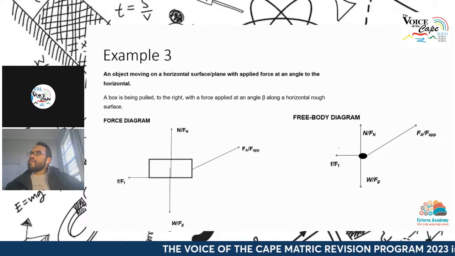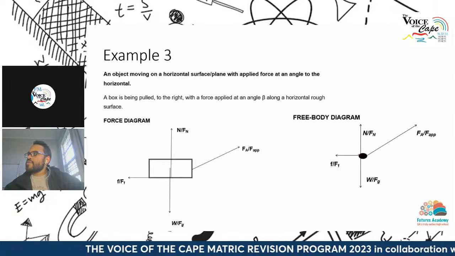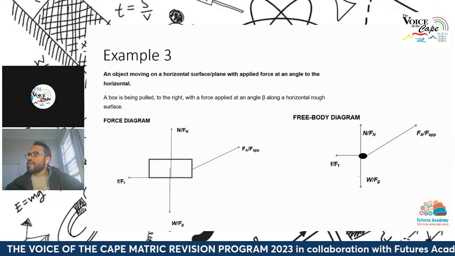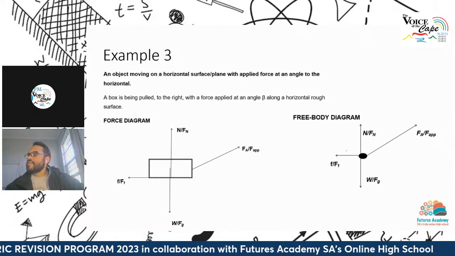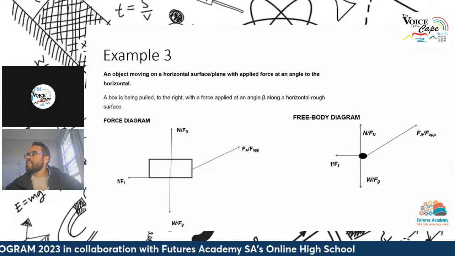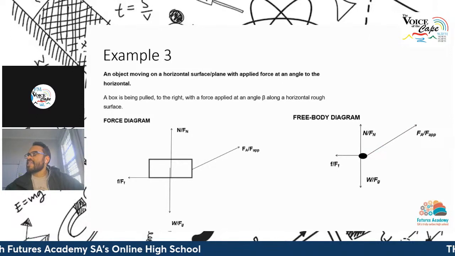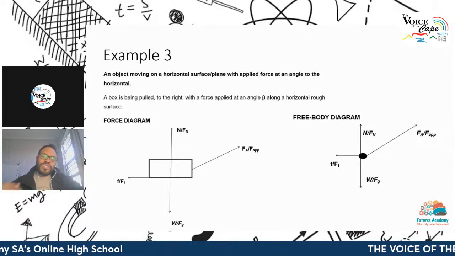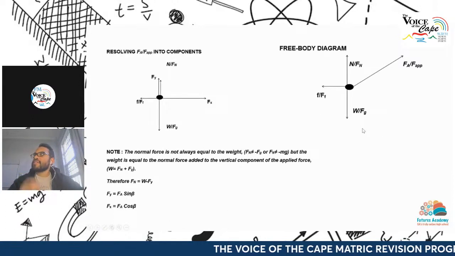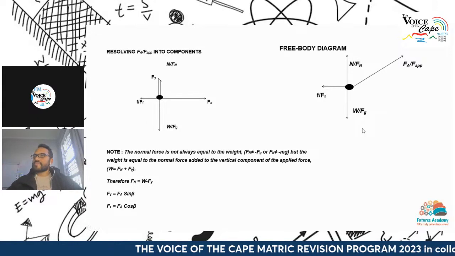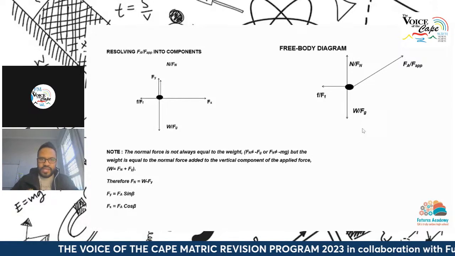Now the free body diagram that we see over here, remember all your forces must touch. There's my normal, there's my gravity, there's my frictional force. Okay, here's my applied force. Now, if you look at this applied force over here, that's acting at an angle. It's also possible to break down an applied force in terms of components. So let's talk about this quickly.